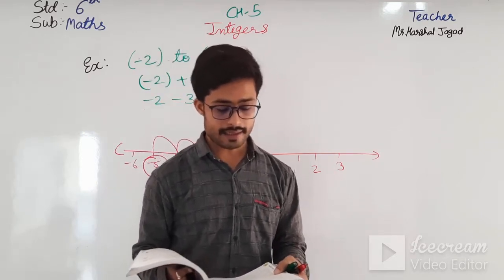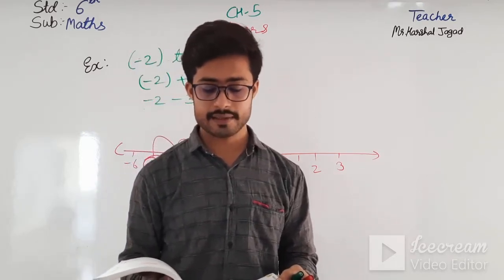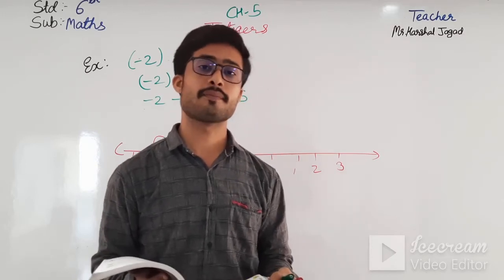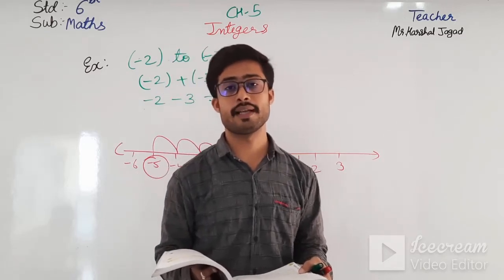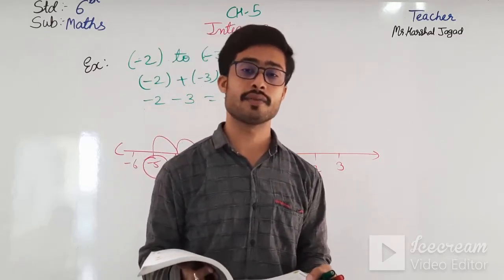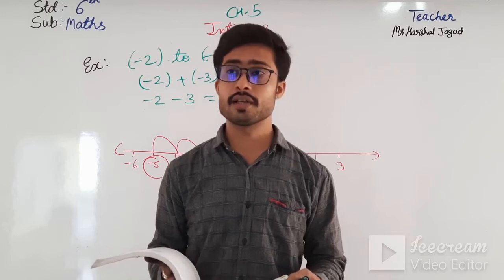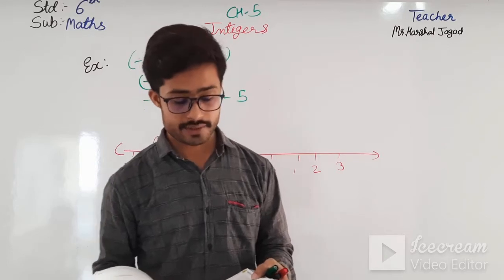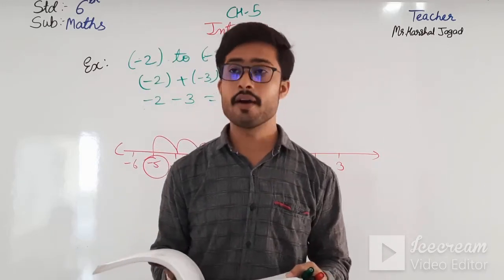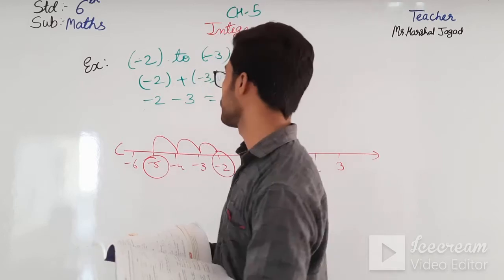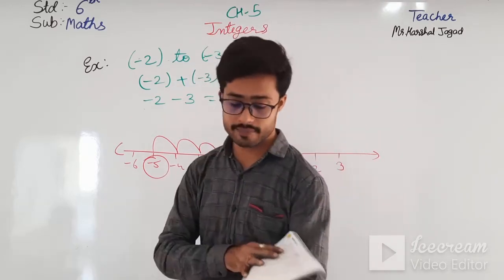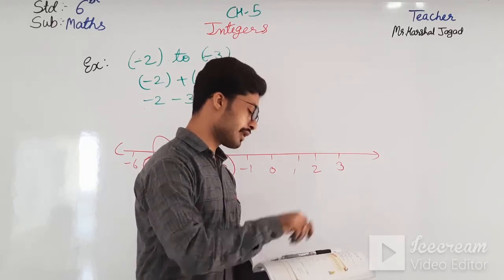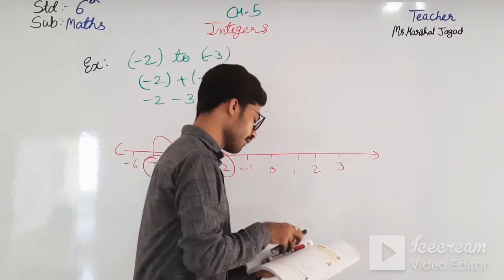Okay students, and then another one I am taking is J, minus 6 plus 6. So minus 6 plus 6 jumps: then minus 5, minus 4, minus 3, minus 2, minus 1. Then here question number 2 is given. Add the following integers. Here we have to add according to this. Here I am solving that. From this I will try to solve most of them.